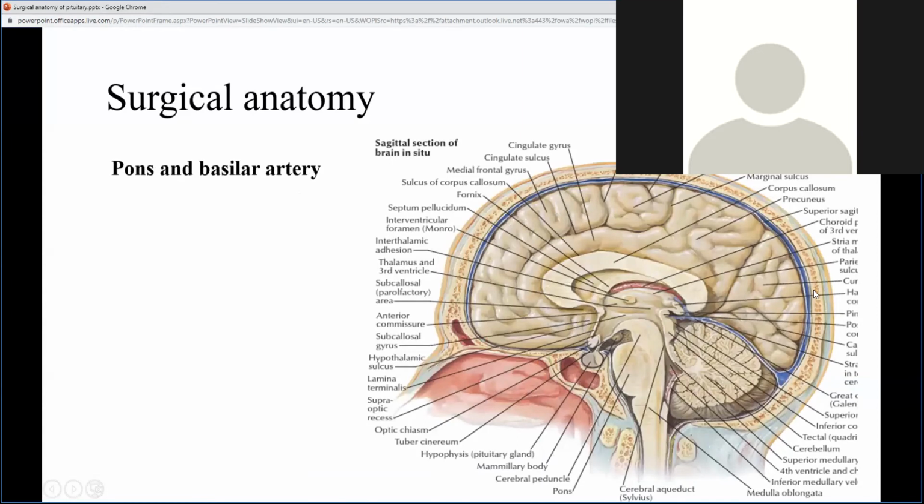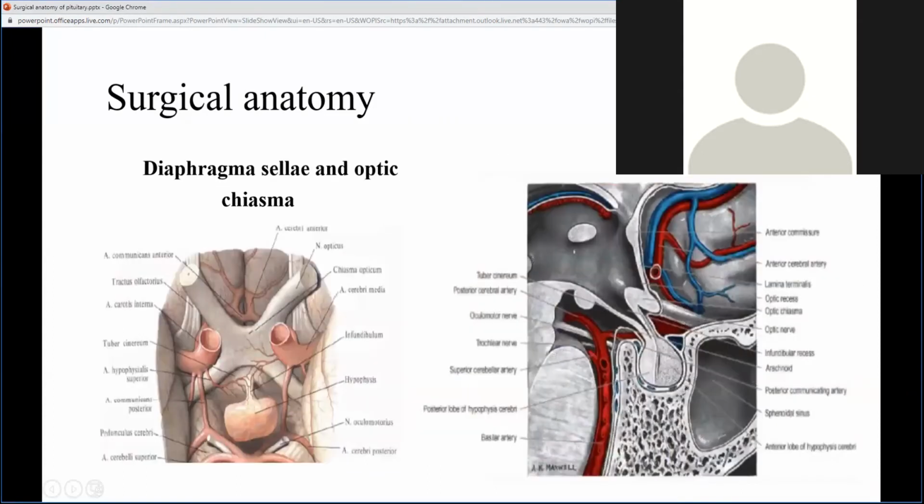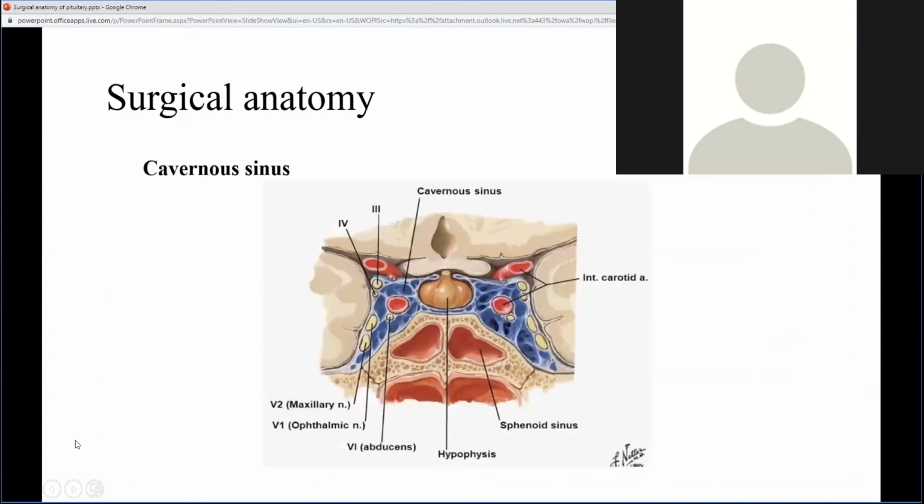So, as we said, posteriorly now to the pituitary gland, we can see better the relationship of the pons, as it is located posteriorly, and just between the pons and the area of the dorsum sellae, which is just posterior to the sella turcica, we have